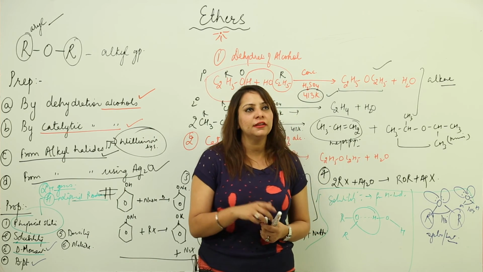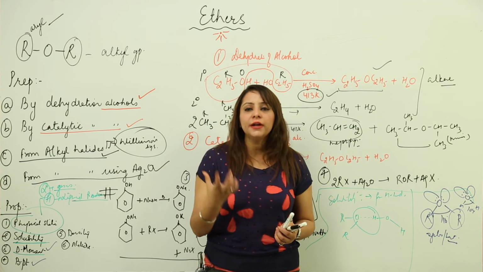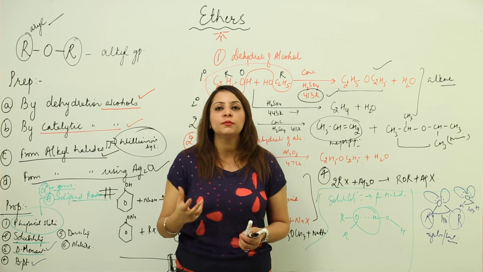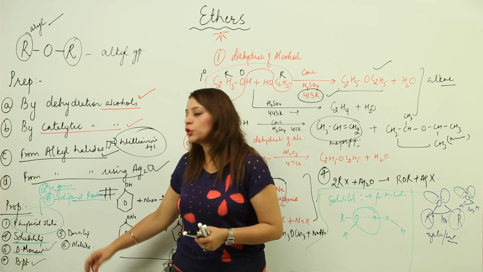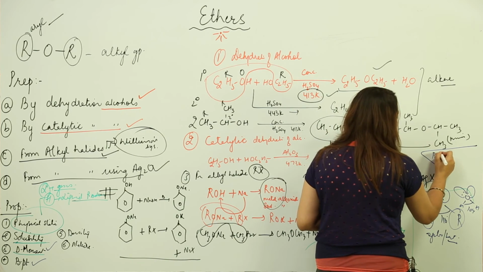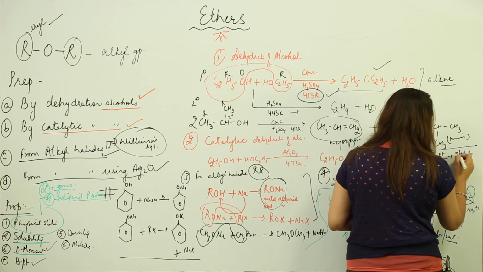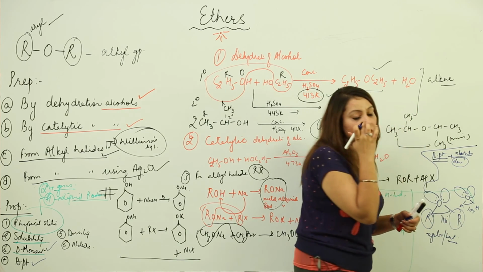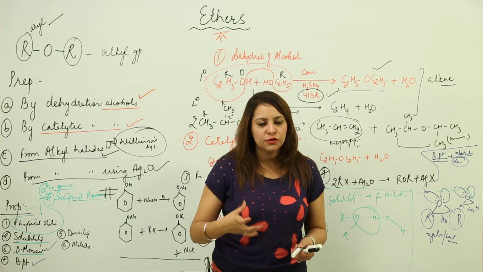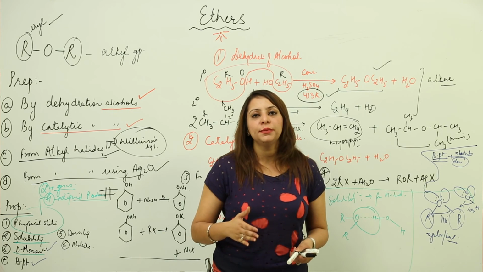You know that the forces operating within the molecule decide the boiling point. If the forces are strong enough, the boiling point is going to be high, and if the forces are not so strong, then the boiling point will be lower. So when we talk of boiling point, if we compare with alcohols, then ether has a low boiling point as compared to alcohol. Reason being, ethers cannot show hydrogen bonding so strongly, the hydrogen bond formed is not so strong, and it is less polar as compared to the alcohol.